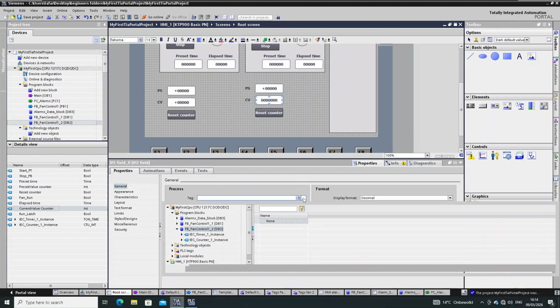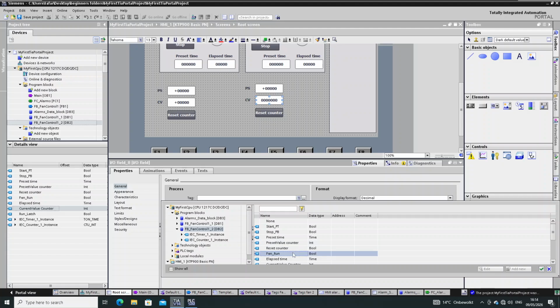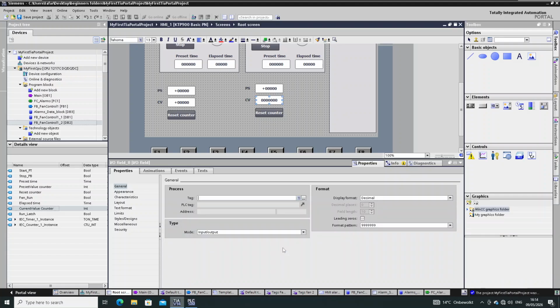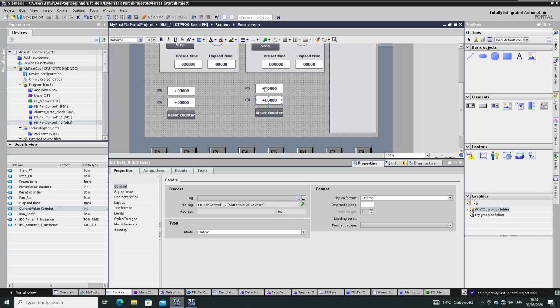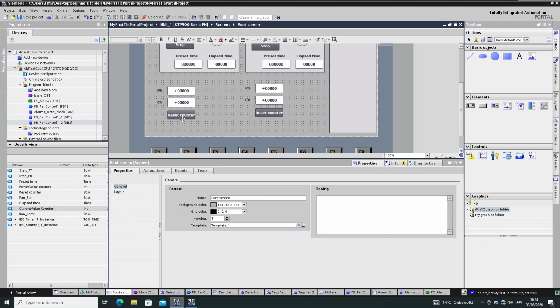And this is the current value counter. This is an output. The first one is an input, okay, right? And now I'm going to connect this to